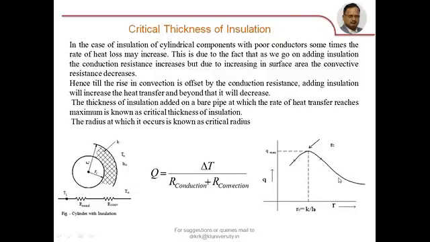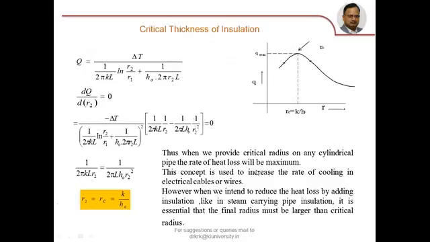On the right hand side of this curve, the convective resistance decreases, and hence you will get a decrement in heat transfer. That means on the right hand side, conduction resistance is more dominant than convective resistance. You understand? So